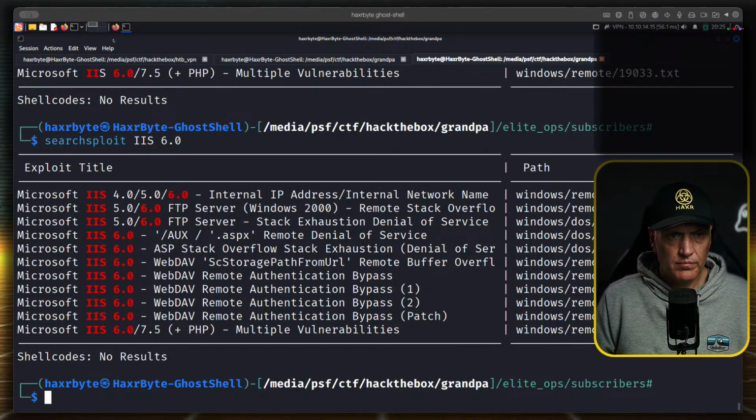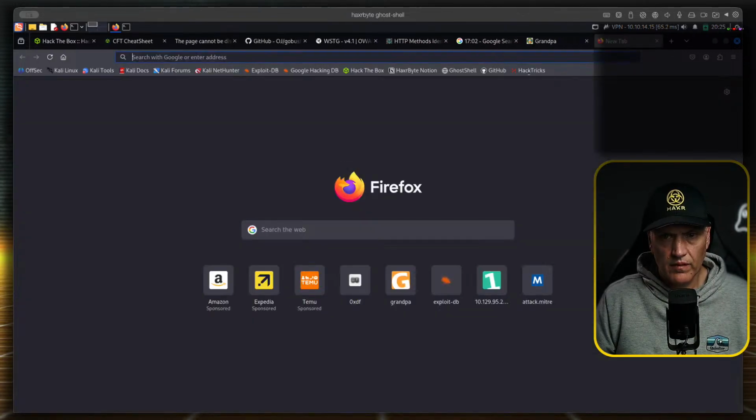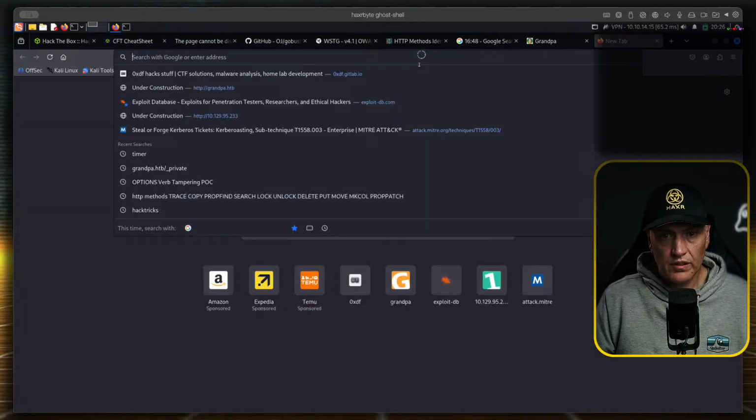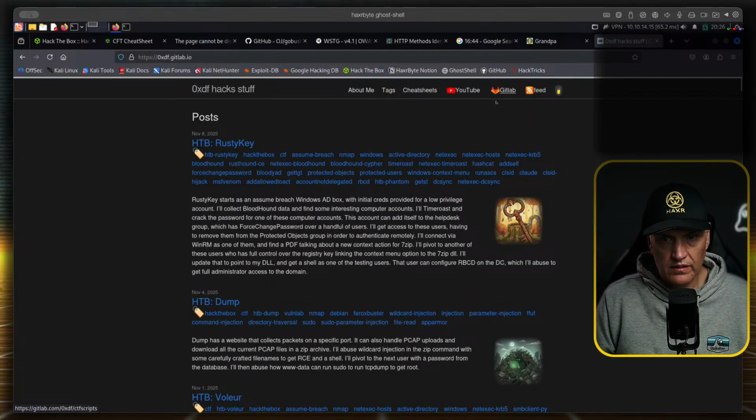There's another thing that is quite handy that helps to identify, and that is cheat sheets.